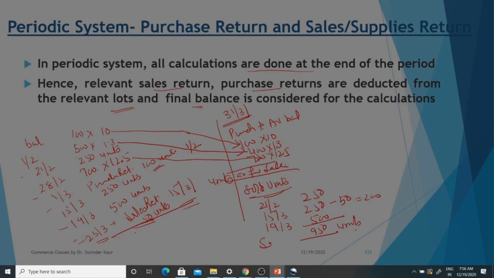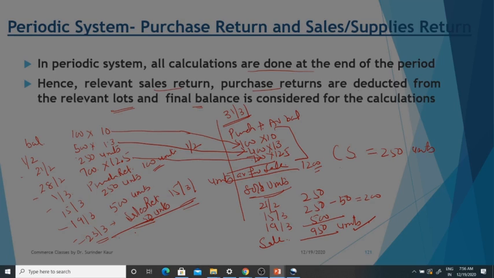So this is your sale, and this is all your purchases. So you can determine closing stock, and we can assume that you have a total of 1200 units. That means your closing stock is 250 units, and these are sales. Depending upon FIFO, LIFO, etc., we'll be adjusting or valuing closing stock as well as the sales. So this is how we adjust returns.